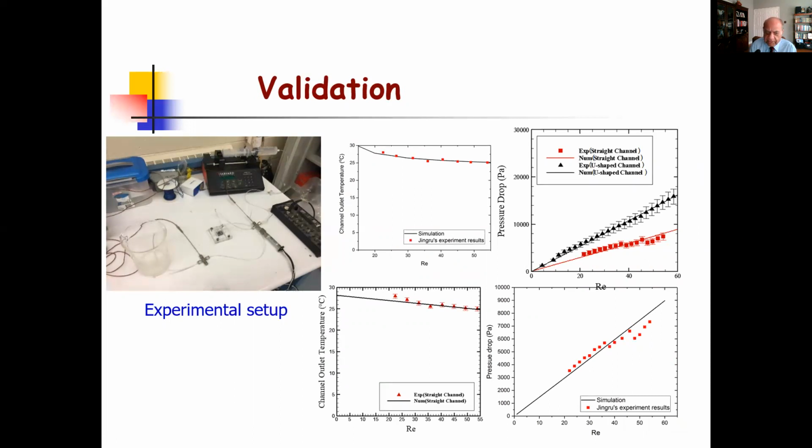And basically what we did was, as I mentioned, one channel, and then we extended into other channels. Each channel has conditions on either side so that symmetric conditions are used, and you can get the entire domain simulated. And then, of course, you have a top and the bottom, and the heat flux coming in, and other boundary conditions that are to be used.